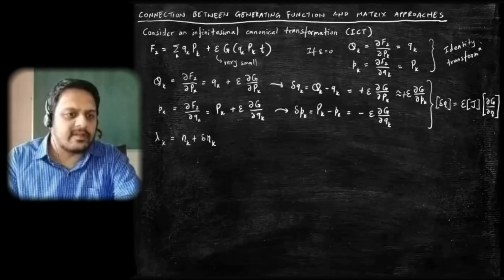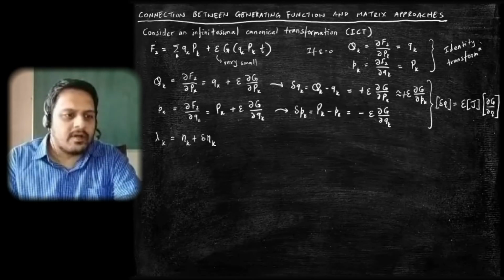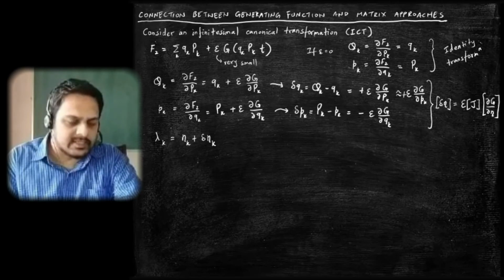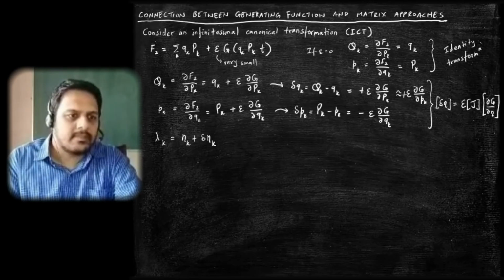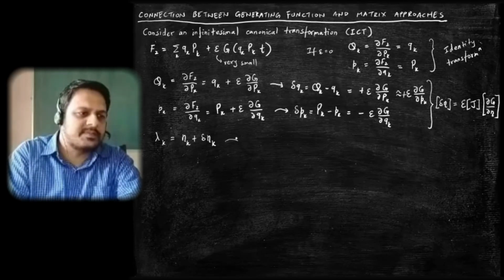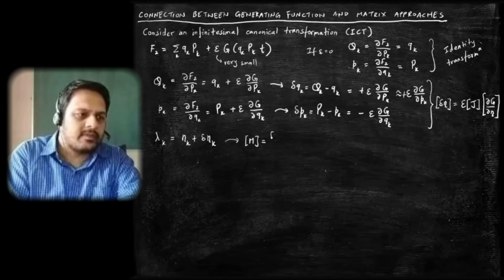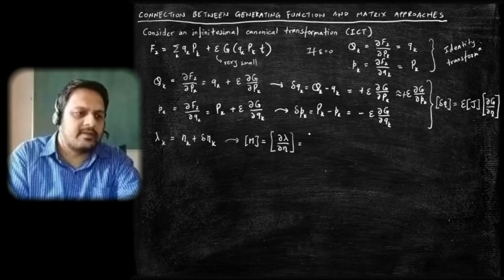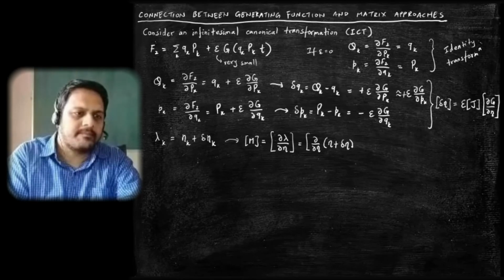They are related to each other via the Jacobian matrix. Since lambda is eta plus delta eta, what will happen to the Jacobian matrix? The Jacobian matrix will be the matrix containing ∂lambda/∂eta, which is basically ∂/∂eta of eta plus delta eta,